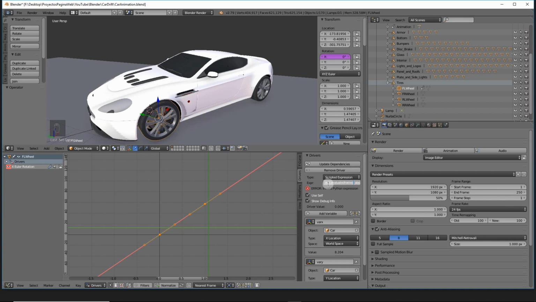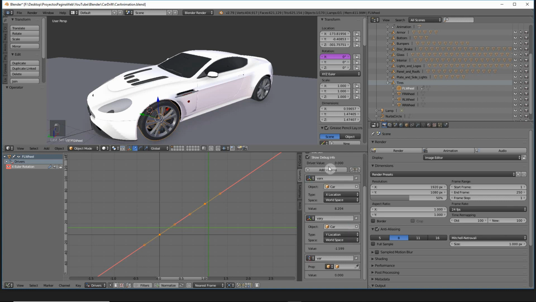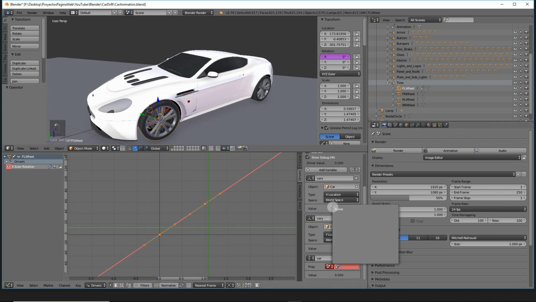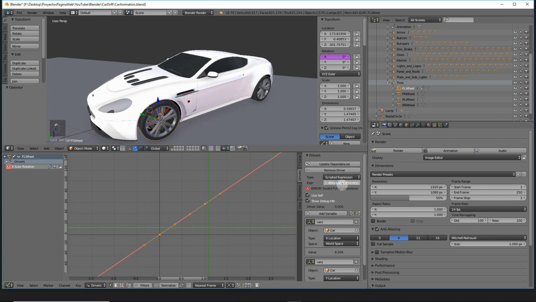We evaluate the frame. This is a global var, it's already taken. If you want to take this var also, let's say it was not taken, or you want to take any other from the scene, you would click on add var, and then from here you may say, for instance, the scene. So we go here, we select scene, and then we select the path, which is frame current. Then we would be able to use this var. We would call it frame whatever, but we don't need it now. So we're just going to use this var as it was here, and what we're going to do is be adding the values. So every time we're going to get the previous value plus the new value.